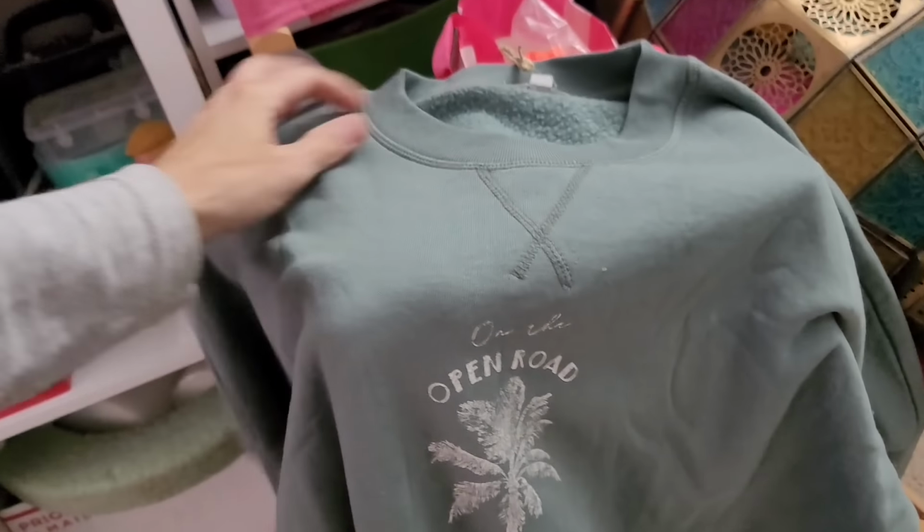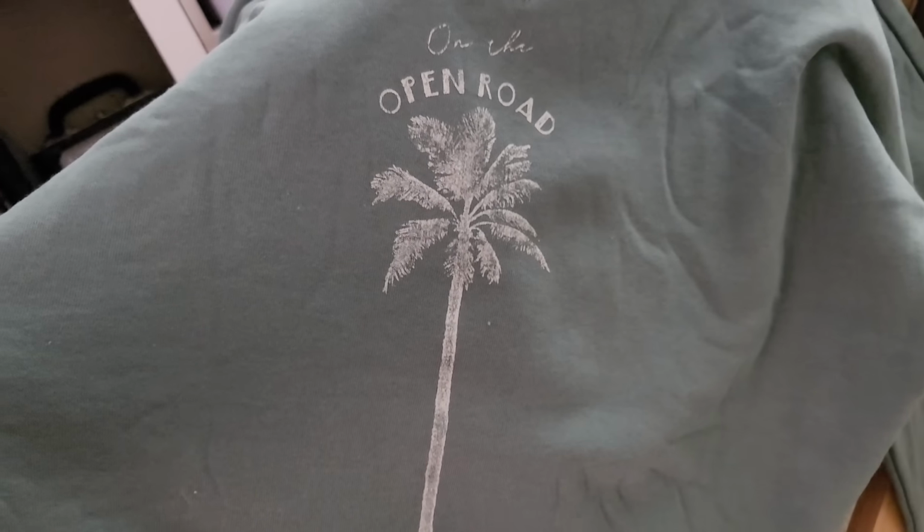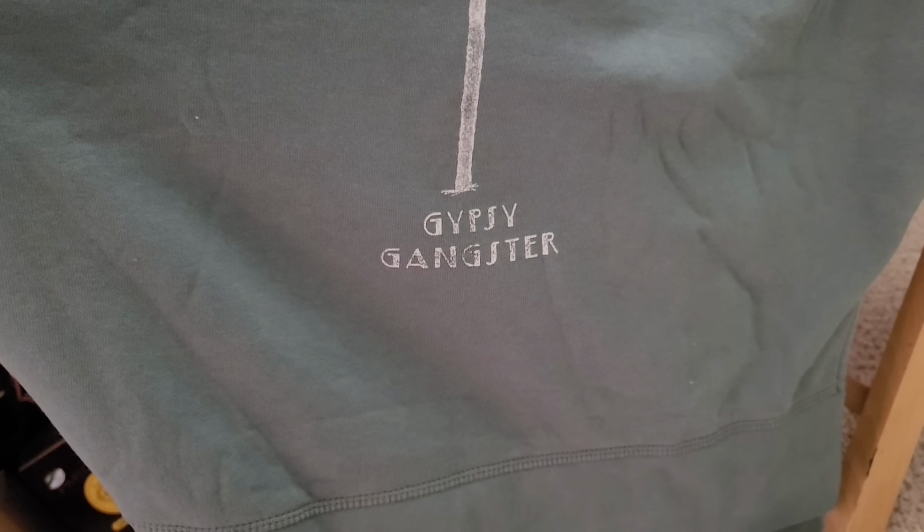Okay, and this I love. Really cozy sweatshirt with the softest fleece on the inside. And look what it says. On the open road, gypsy gangster. I love it, man. I like the color too. I'm going to have to take this shirt off and put this on because this is too cozy to be ignored. Okay, now I want to show you something that, well, these people sent me two things